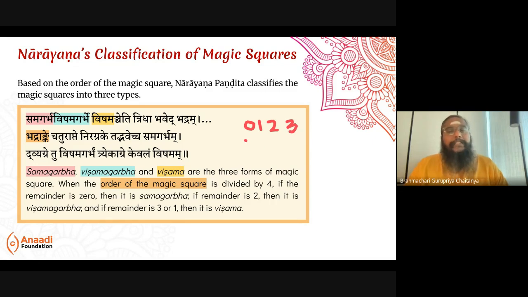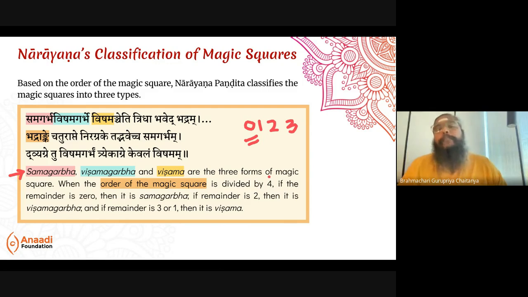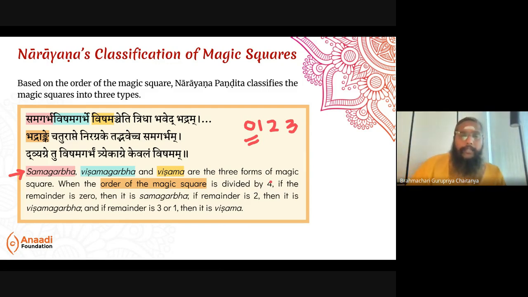In the case that it is divisible, you divide it by 4 and you get the remainder as 0, such a magic square is called Samagarbha, which is 4 cross 4, 8 cross 8, 12 cross 12, where the order when divided by 4 gives the remainder 0. When the remainder gives 1 or 3, then it's an odd number, right? Only an odd number will give you 1 or 3. Such a magic square, odd magic square, basically, where the order is an odd number, that is called a